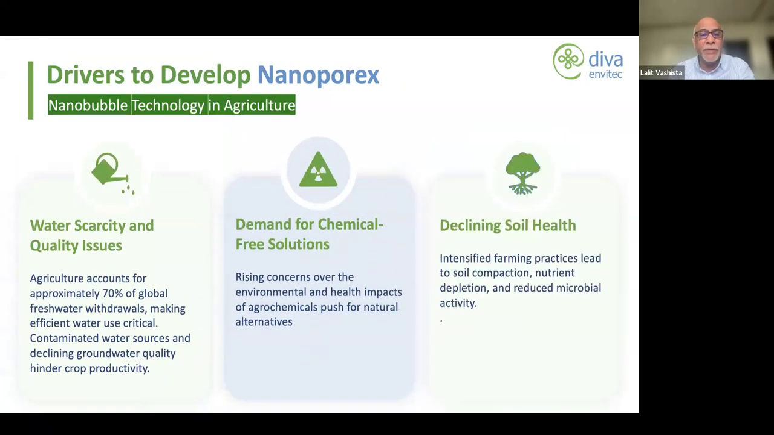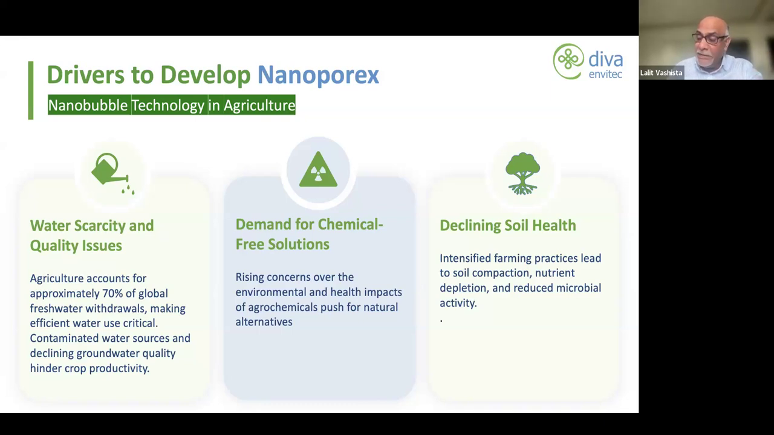So what are the drivers for developing this technology? This is happening all over the world. Agriculture accounts for 70% of global freshwater withdrawals. You are aware that agriculture is the biggest consumer of water, when it comes to management of water in this country or anywhere in the world. Demand for chemical-free solutions is being sought by the farmer because